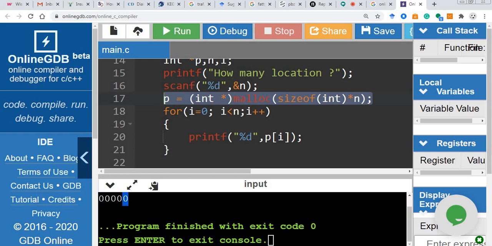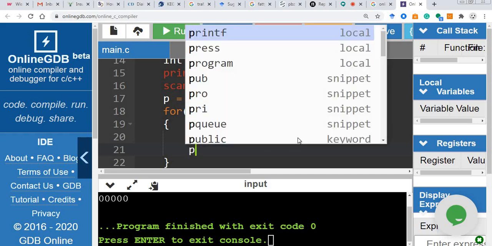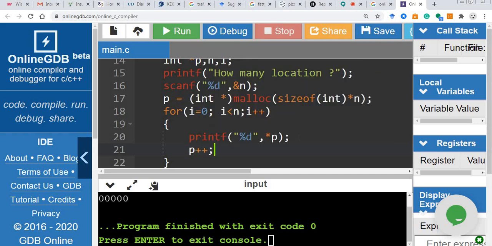Instead of writing p of i, you can also use pointer p. But when you are running the loop, for each and every printing, you must iterate, go to the next p. That means p should be incremented by 1. So I'm writing p plus plus.